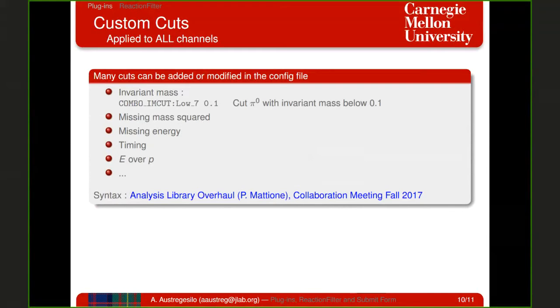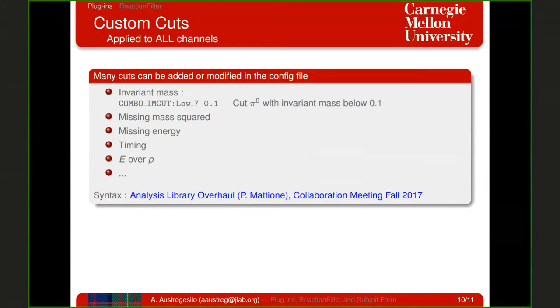So you can try it out at home, play with the cut. If you want to open something much more and you think you will get more events, please do. And then once you found the optimum cut, you can just report it. Maybe it's useful for everybody. But first, you can just use the command line options to play around with the cut and find out if